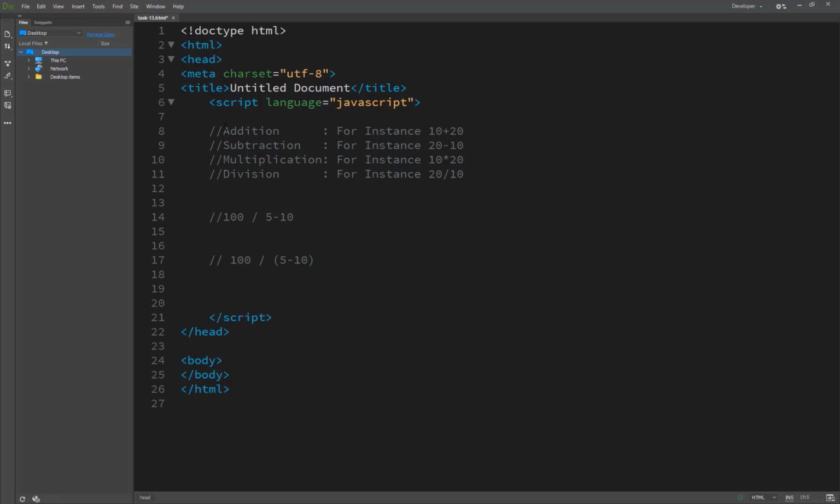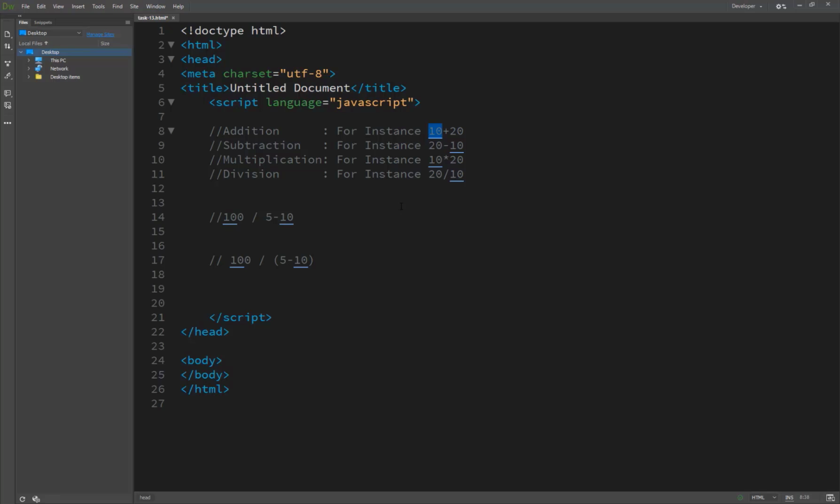Here are the four mathematical operations as follows: addition, for instance 10 plus 20, subtraction, multiplication and division. And in addition you can build complex mathematical expressions using a combination of these operations.